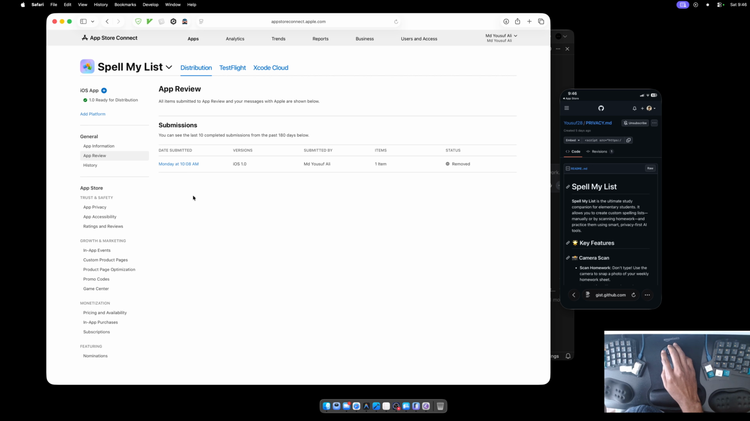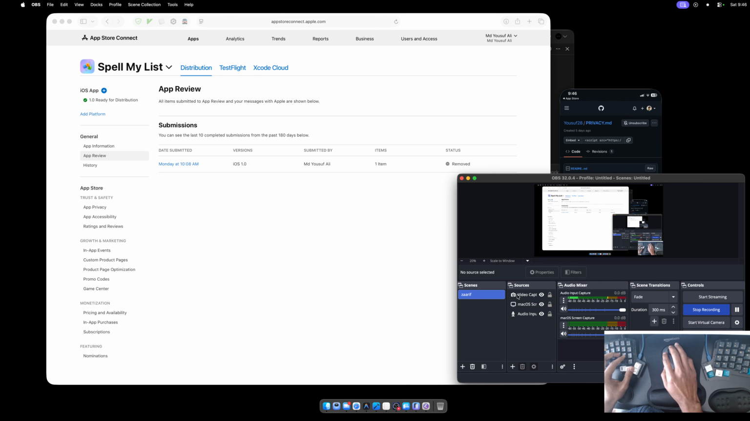All right, so that's the information we need when we submit to the App Store, and you have to be in a developer plan. So we can